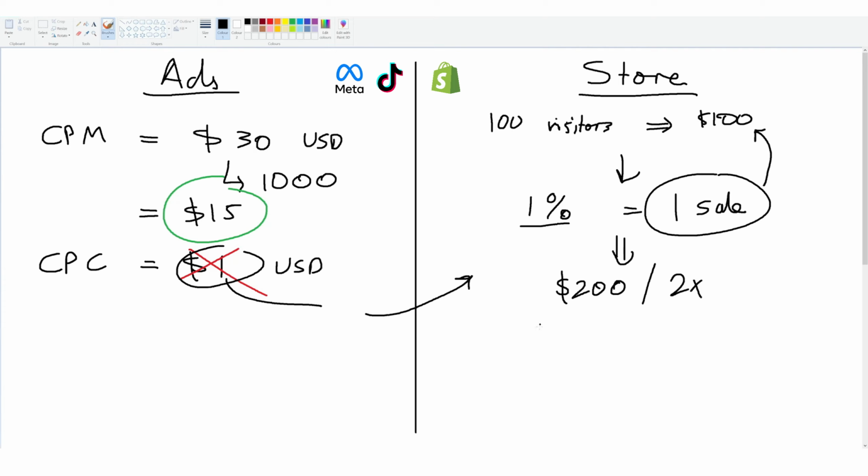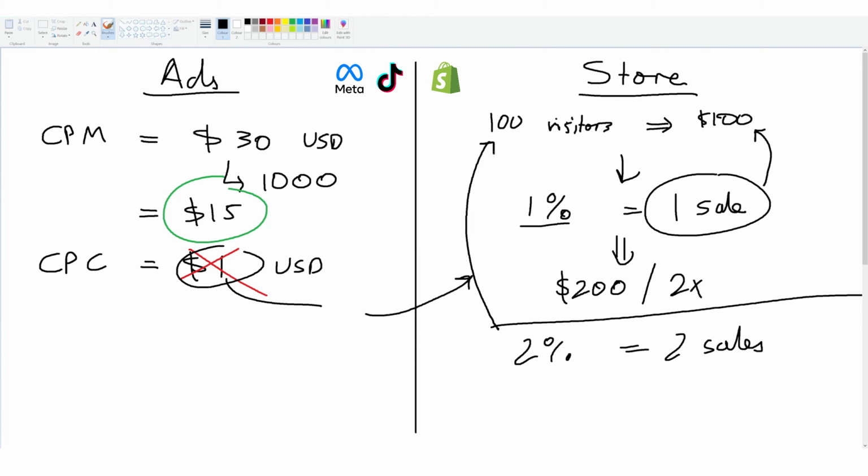Now let's just say your conversion rate is 2%. Let's divide this page in half, 2%. That means you're going to get 2 sales from your 100 visitors. However, you're still paying $100 for these 100 visitors. That means you're going to need 2 sales that will basically give you a profit to cover $100. And that would basically mean you need 2 sales of $100